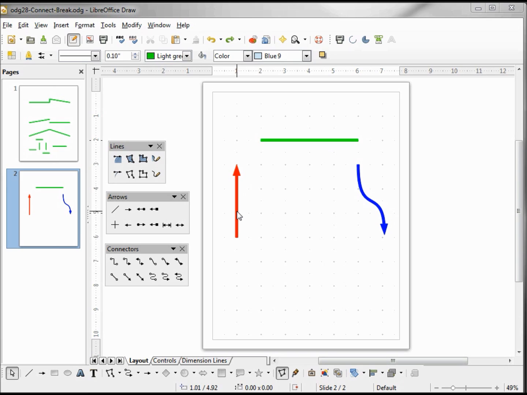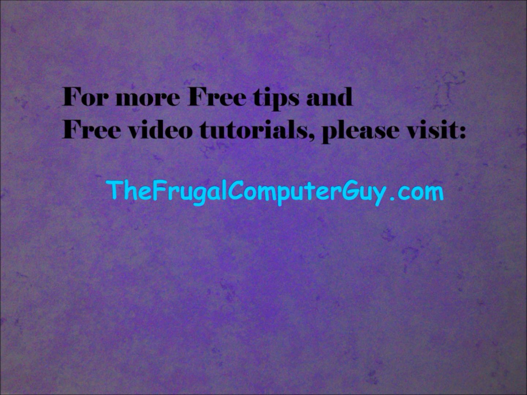So when we moved the red to the bottom, the blue was then in the middle. So it went from our bottom to our middle, then from our middle to our top. So depending on how your lines are set up on that page, it might not connect exactly as you expect. But in general, we can look at it starting with the line furthest back and taking that style and then working its way forward, connecting them all into one single line.